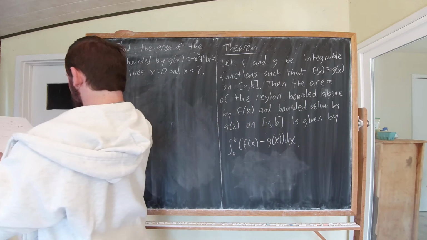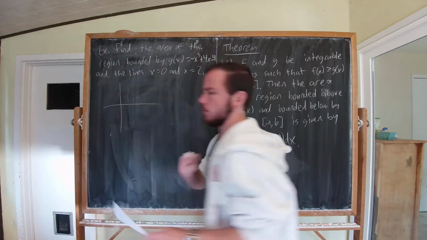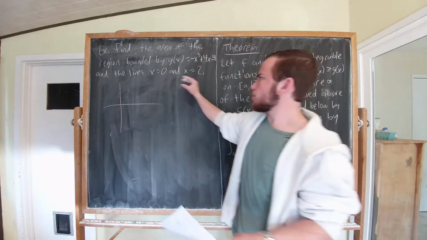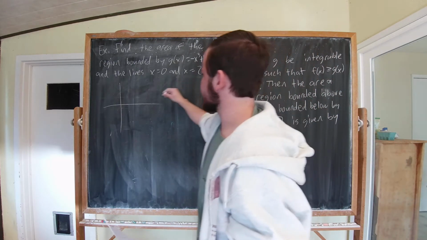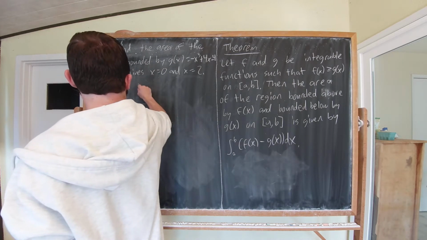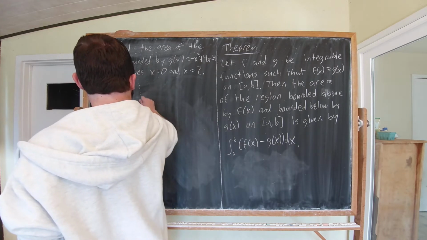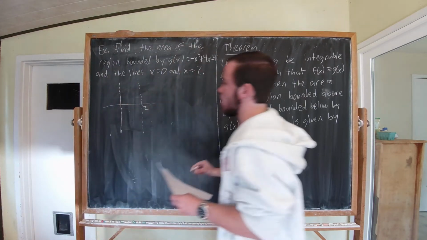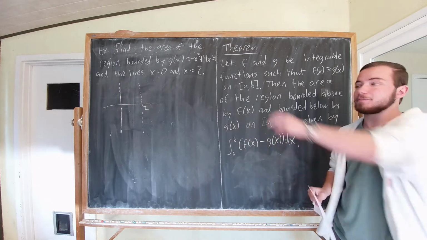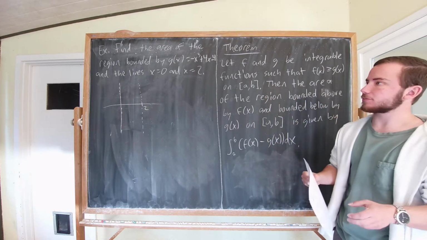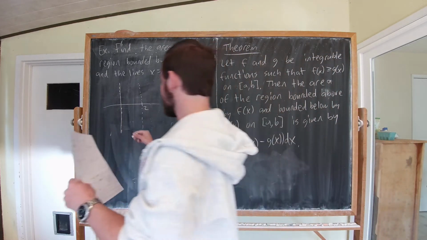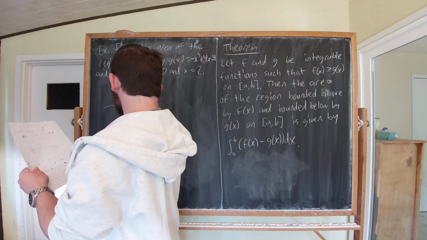It doesn't have to be a great picture. A rough sketch will do wonders in this case. So if you were to sketch g of x, we know we're trying to go between the lines x equals 0 and x equals 2. So that's really all I care about, is that region. I don't care about what's going on outside of there because I'm bounding by those two lines. Okay? And if we sketched g of x in that region, it would look kind of like